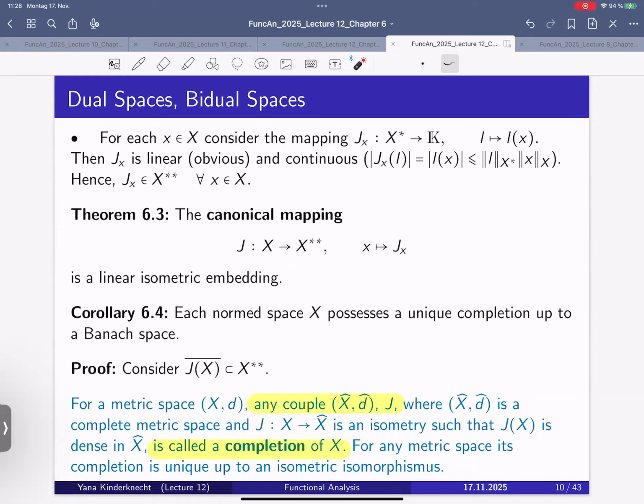So once again, how to get a completion of a metric space? For example, we have rational numbers, then we complete it and we obtain real numbers. So how did we do it? We have taken all Cauchy sequences in Q and added their limits to Q, and then we have obtained R. But in order to add the limits of all Cauchy sequences, for getting a complete space, we should have them in advance. We should have the objects which we want to add. So in this case, we know that we have R, and we take these limits from this space.